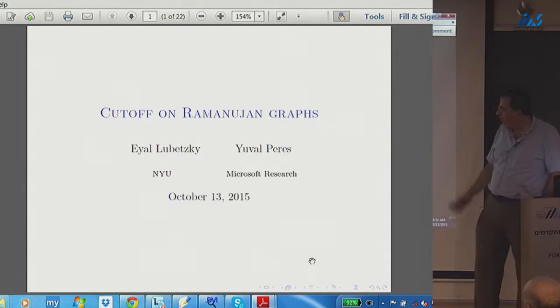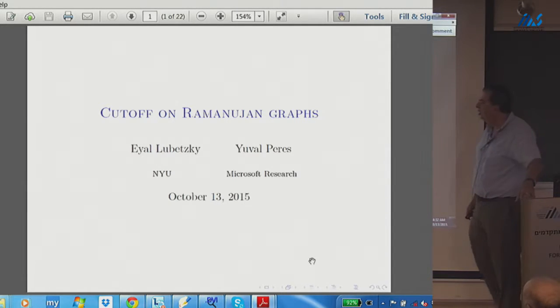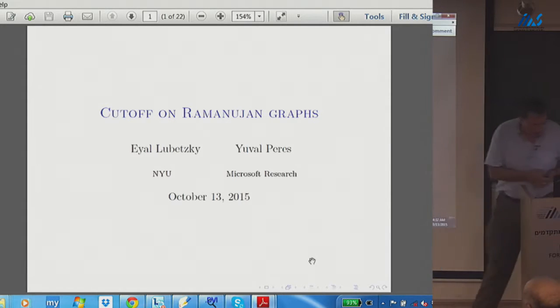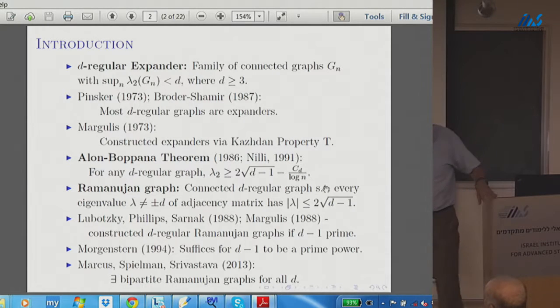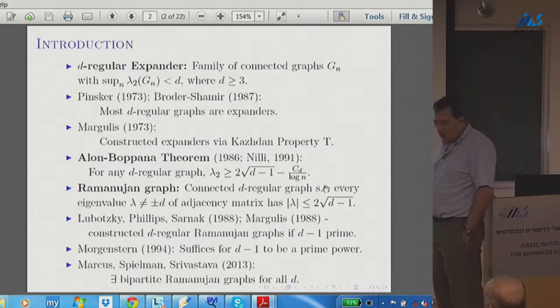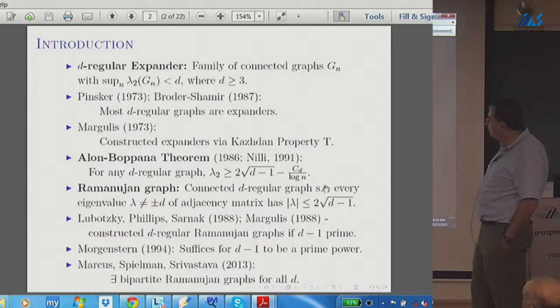This is Cutoff on Ramanujan graphs, joint with Eyal Lubetzky, who is now at NYU. So first, a few words of background, which many experts here know. We will be talking about regular graphs, d-regular. All the vertices will have the same degree d, and focus on a special class of expanders. When we talk of an expander, we really need to talk of an infinite family of graphs. So we have a sequence of graphs Gn, maybe not for all n, but for n going to infinity. We think of Gn having n vertices, and